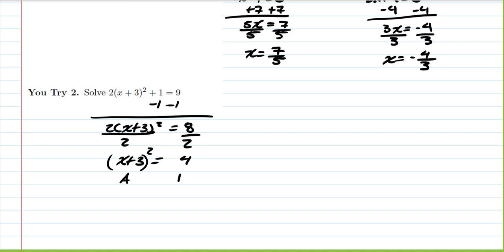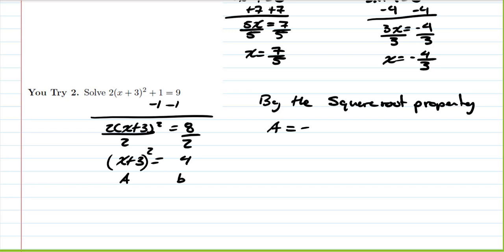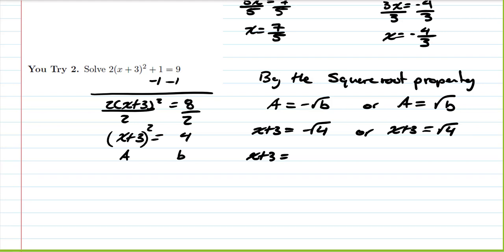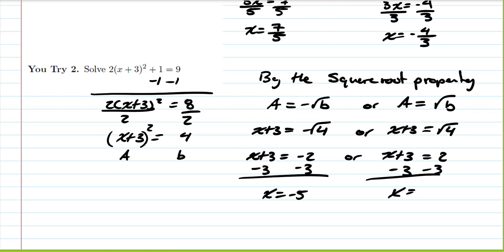So now we can identify our a and our b, and by the square root property, we have a equals the negative square root of b, or a equals the positive square root of b. So we get x plus 3 equals the negative square root of 4, or x plus 3 equals the square root of 4. The square root of 4 is just 2, so we get x plus 3 equals negative 2, or x plus 3 equals positive 2. So we minus 3, we get x is negative 5. We minus 3, we get x is negative 1. So either way,